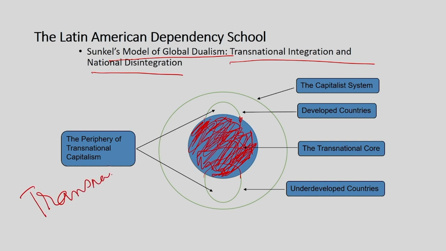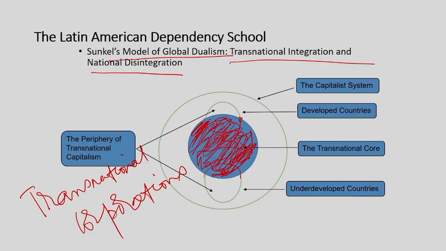When I say transnational corporation, Sunkel immediately refers to the Bretton Woods twins, namely the International Monetary Fund, popularly known as the IMF, and the International Bank for Reconstruction and Development, IBRD, popularly known as the World Bank. Now many other transnational corporations exist, but in the aftermath of the Second World War, especially these two financial institutions emerged, and they emerged to exploit the periphery on a more